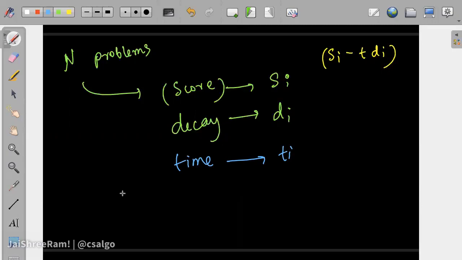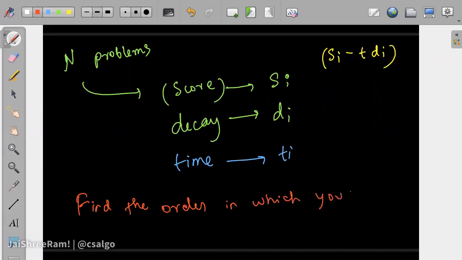Now, given this information, you would like to order the problems such that the final score you make is maximum. So the problem is to find the order in which you should solve them to get the maximum score.